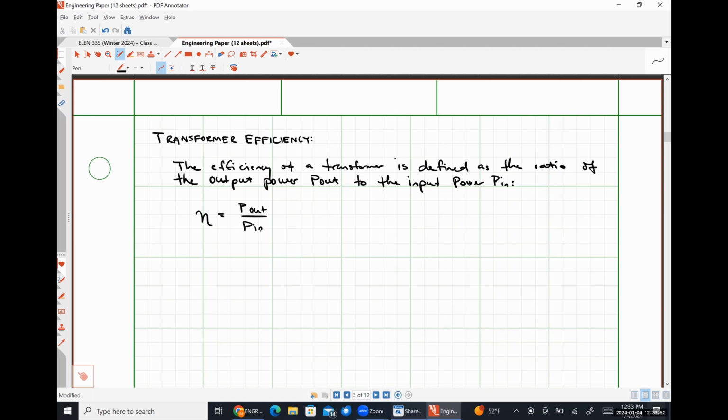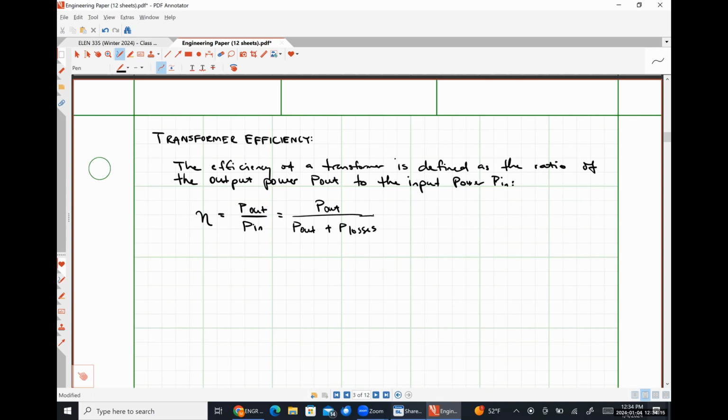So our input power is just going to be the output power plus any losses that we incur, okay? So we can write this as P out divided by P out plus